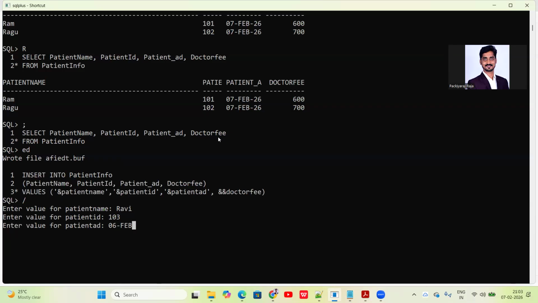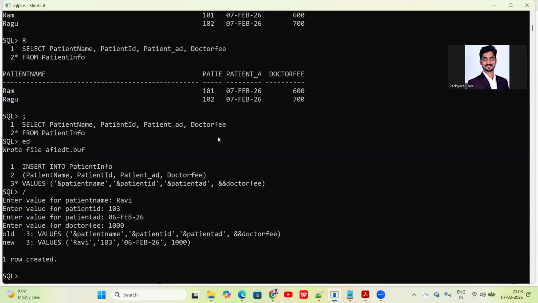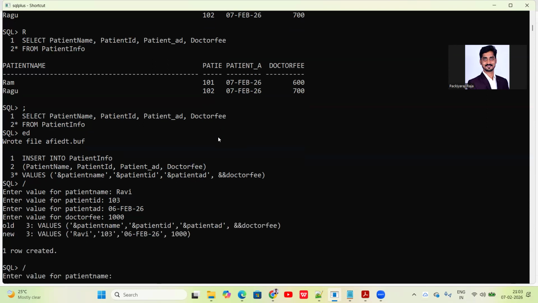Okay. Next, fees. First time it will ask fees. I am saying admission fees for everyone, 1,000 rupees. Okay, 1 record inserted. If I am asking what happened, patient name,